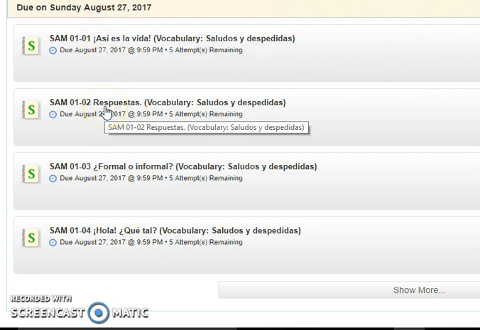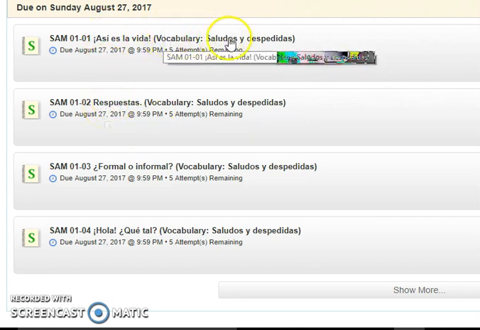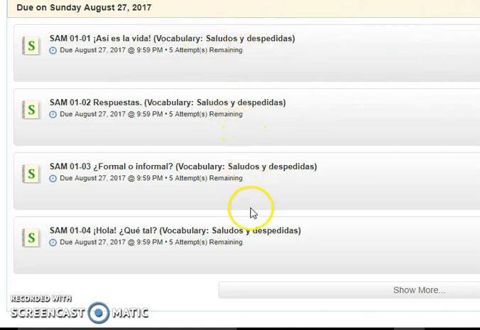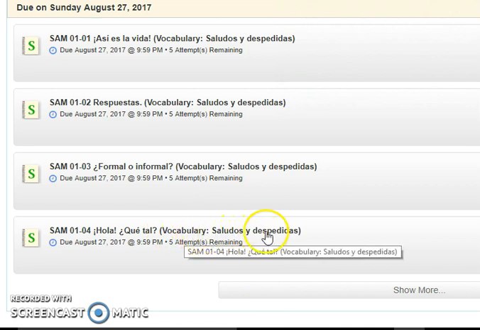So if you are working your way section by section, you read the vocabulary pages, the saludos y despedidas pages, and then you work your way through all of the accompanying assignments that are part of that section. And then as soon as you get to something that says something besides vocabulary, saludos y despedidas, then you switch and go back to the textbook and the help materials in Blackboard and work with those until you're comfortable with the material, and then you switch over to MySpanishLab to do the practice assignments. Quizzes and tests will generally also be in MySpanishLab, so other than the week 1 syllabus quiz, all of the rest of the quizzes and the tests are in MySpanishLab.